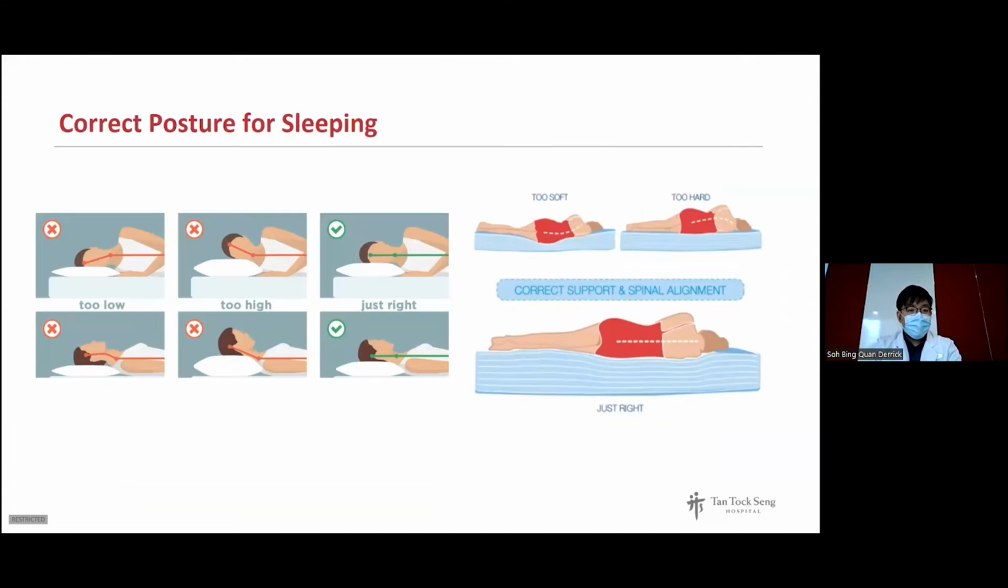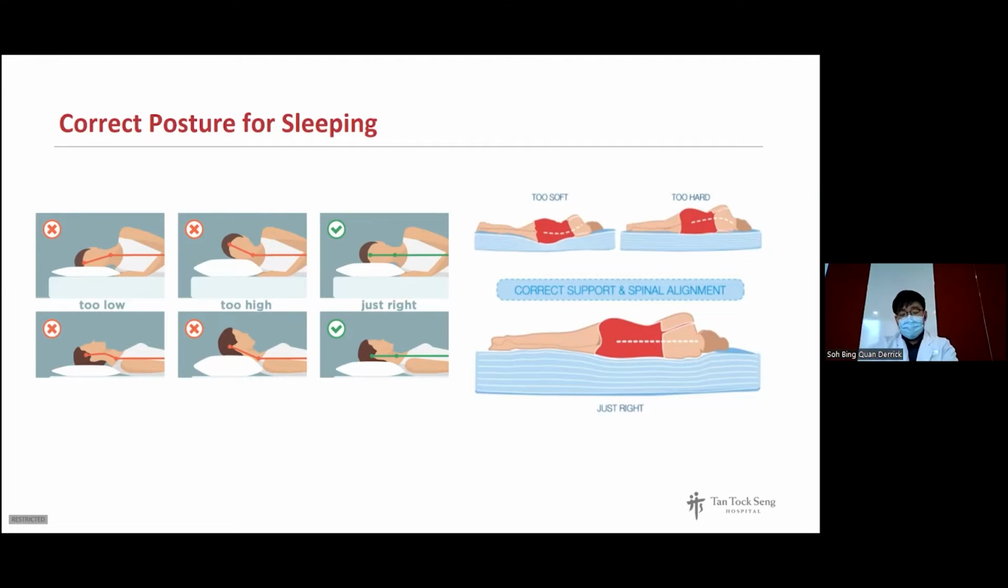Okay, another one is the correct posture for sleeping. So the bulk of my patients also say, usually in the morning when they wake up, my neck is very stiff, my neck is very painful, my hand is numb. All this could be due to the posture when they are sleeping. So sleeping, a pillow that is too low or too high might cause all these issues. So what you need to do is,